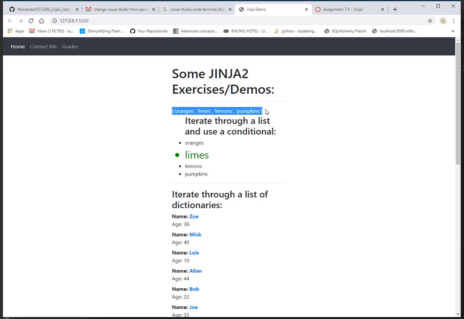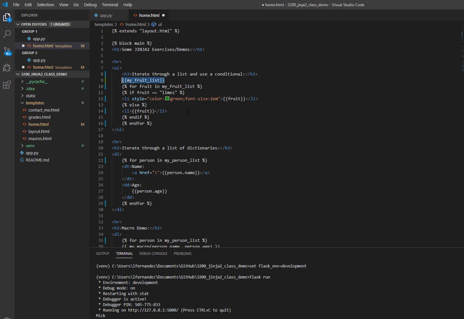Of course, you wouldn't want to do that to an end user. You'd probably want to iterate through it and format a little bit. So you can do that also in Jinja 2. So we have here, instead of using the double braces, we use a brace and percentage, and you can run pretty simple control structures. And here we're just iterating through the fruit list, just like you would in Python. The syntax is similar to Python, for fruit in my fruit list, and then we're outputting the fruit, right? Fruit here, with a link,